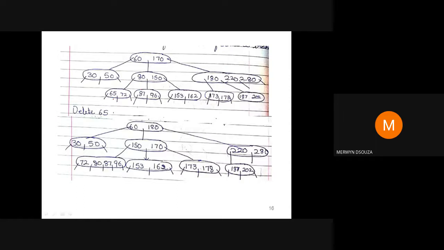Now here we had seen the underflow was there. So we applied one of the cases, that was case 2, and we solved that underflow. Then there was an underflow here. Then we applied case 1 and we solved the problem. And that could have been that I did not have this extra key here. Then what I would do? Then I would again look at this upper level to solve it. So suppose I had one extra key here, say. Then I would solve it by using the extra keys present in the parent node.